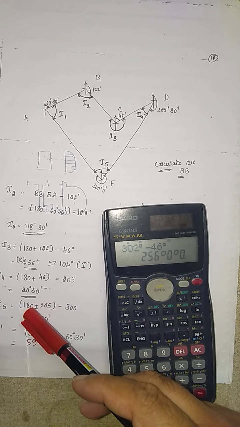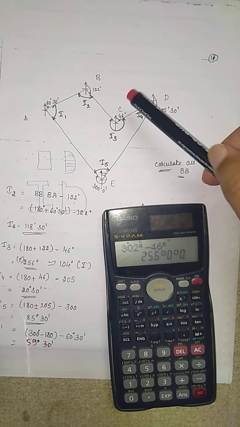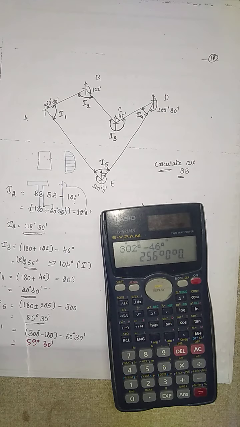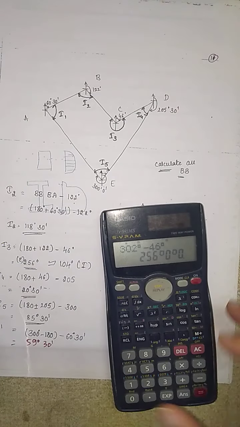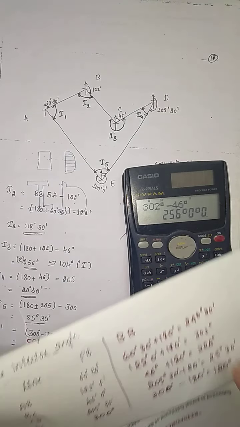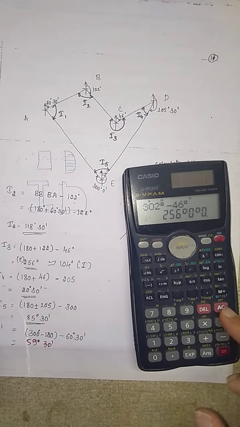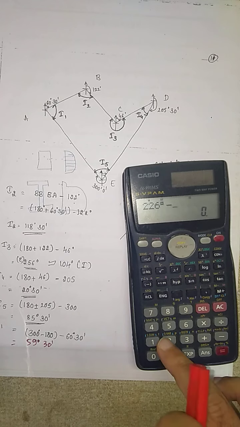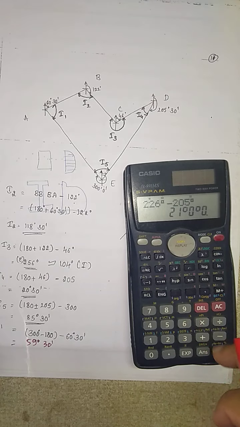Then next you are going to get I4. For I4, again the back bearing of the line DC minus fore bearing of the line DE. The back bearing of the line DC is 46 degrees, so we have added, so 226 degrees minus 205 degrees. So we are going to get the included angle as 21 degrees.